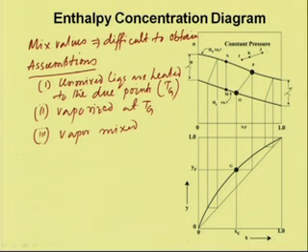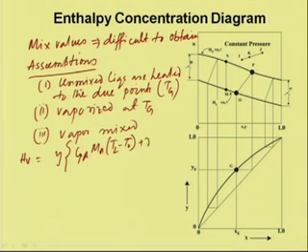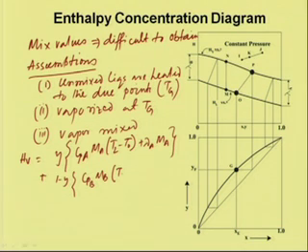So, we can calculate Hv would be equal to Y into Cpa Ma into TL minus T naught plus lambda A Ma, plus 1 minus Y into Cpb Mb into Tg minus T naught plus lambda b Mb,